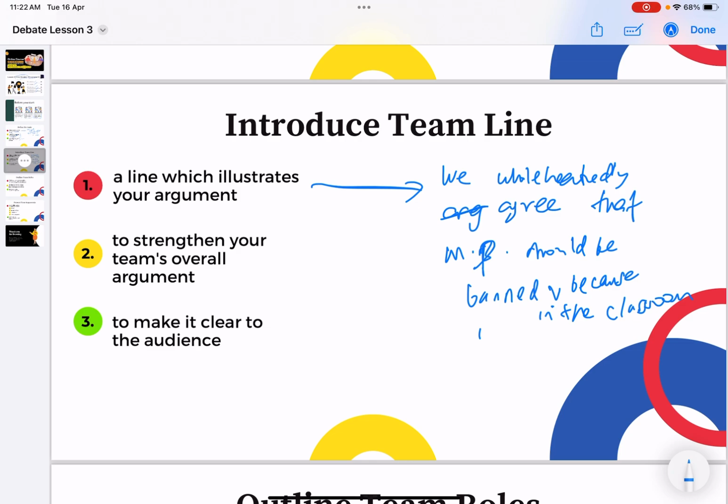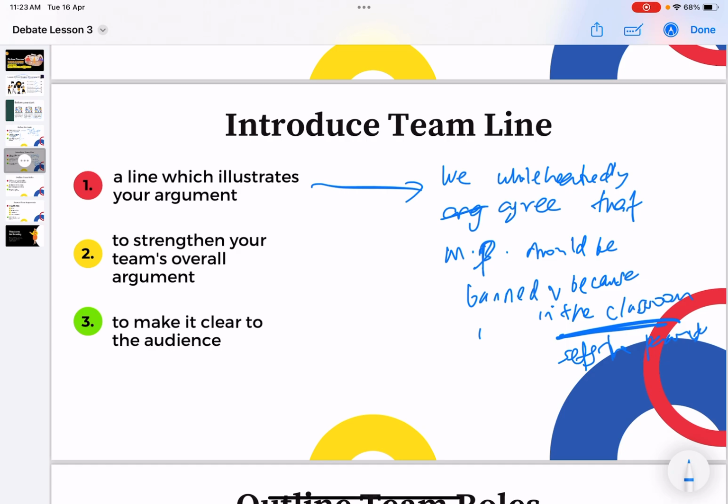Okay, so you have, again, keywords. But do not forget this kind of thing which sets the parameter. Okay, this one sets the parameter. So yeah, mobile phones should be banned, but where? In the classroom. Mobile phones can be brought to schools, of course. Students need to contact the parents. We do not have reliable public phones anymore. Yes, they can use mobile phones for group discussions in the library. Okay, great, but not in the classroom when the teacher is teaching.